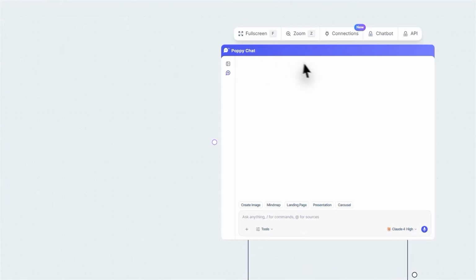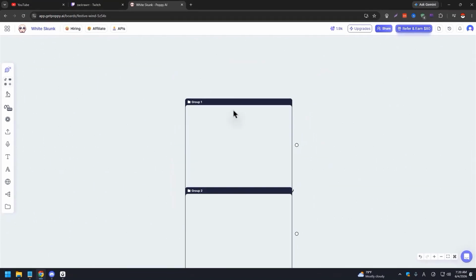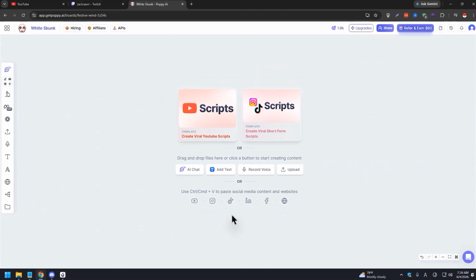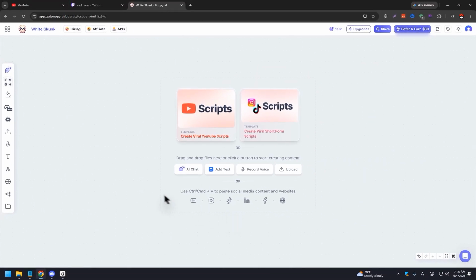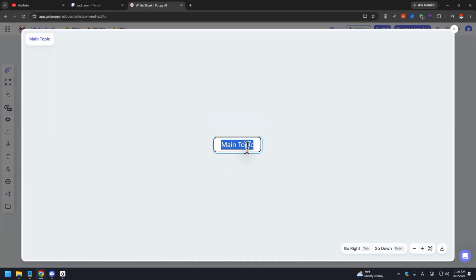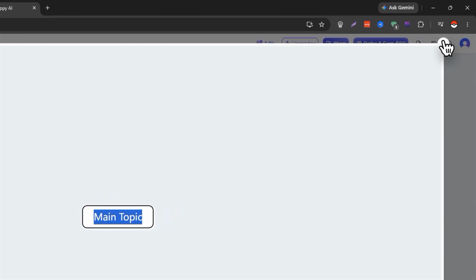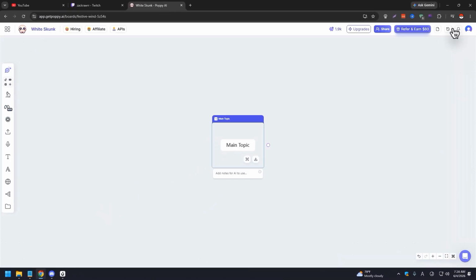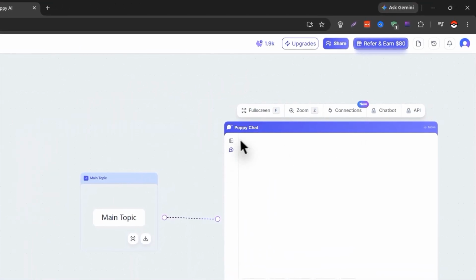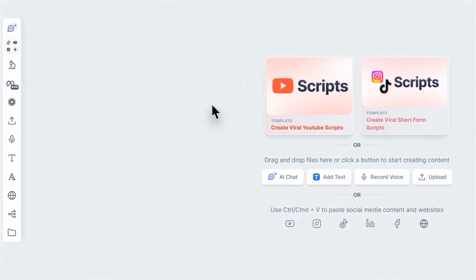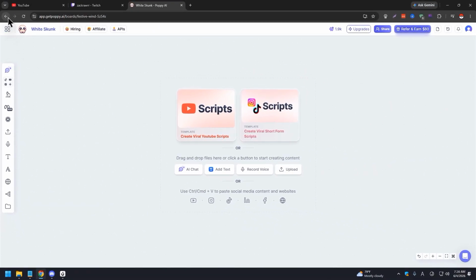You connect it to a Poppy chat and you prompt it the way you want it, what you're looking for. Maybe you want to research about gas emissions in Indonesia, or you want to create a study about different things, right? You can also create a mind map and input your main topic here, and just connect it afterwards to your Poppy chat if you want. There's so many ways to go about this, but I'm going to give you the shortcut, which is